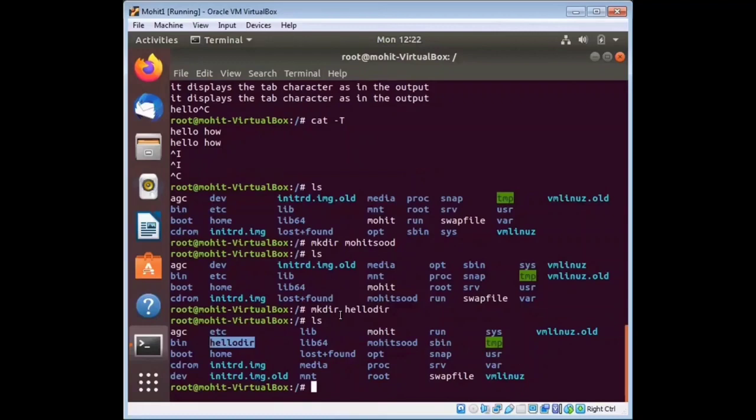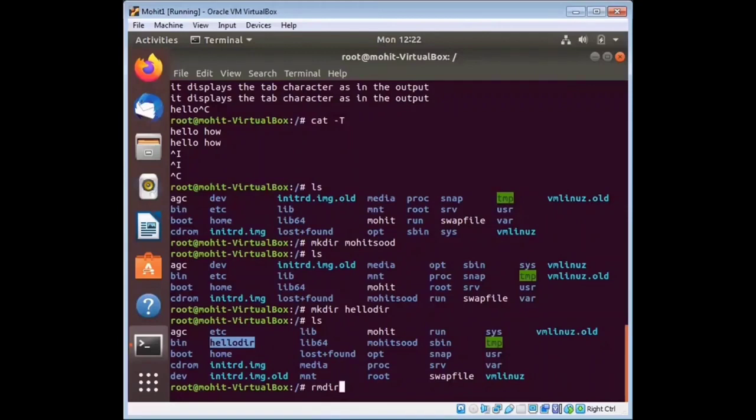Okay, so next command is your rmdir. What is rmdir? Very important, and this is a very crucial command. rmdir is used to delete or remove a directory and its subdirectories also.